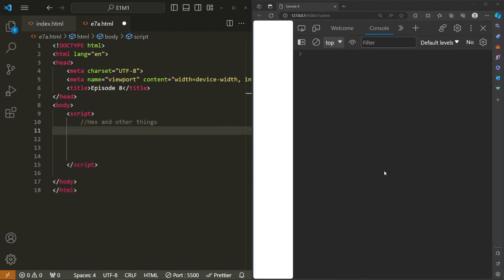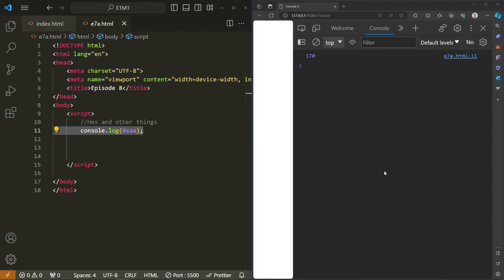JavaScript can deal with hex values as well. By default, JavaScript displays numbers as base 10, the number system that you are hopefully already familiar with, 0 to 9. However, you can return numbers in different base systems. First off, if you prefix a number with 0x, JavaScript will read it as hexadecimal. So 0xAA will be